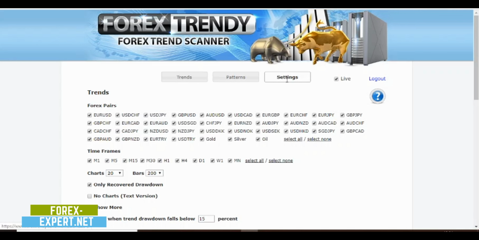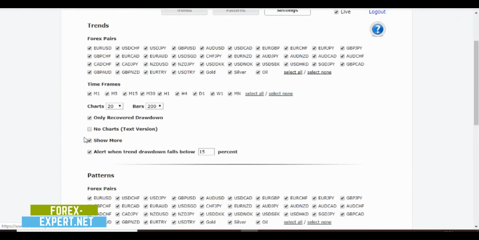Clicking here on settings, you can make your adjustments. For example, in the trend section, you can decide which forex pair to trade with, okay, and receive signals, the time frames, and this is a very interesting function, okay. The alerts